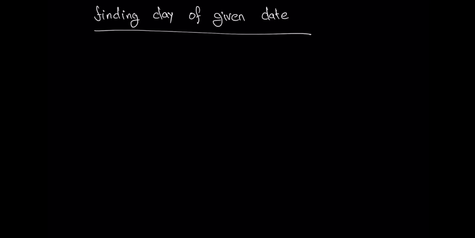Hello friend, today we're going to learn how we can find the day of a given date. In this type of quantitative aptitude problem, we get a date like 28, 12, 1989, and we have to tell what the day will be. Either it will be Sunday or Monday, Tuesday, you have to tell that. To solve this type of problem, we need to look at a very basic thing, how